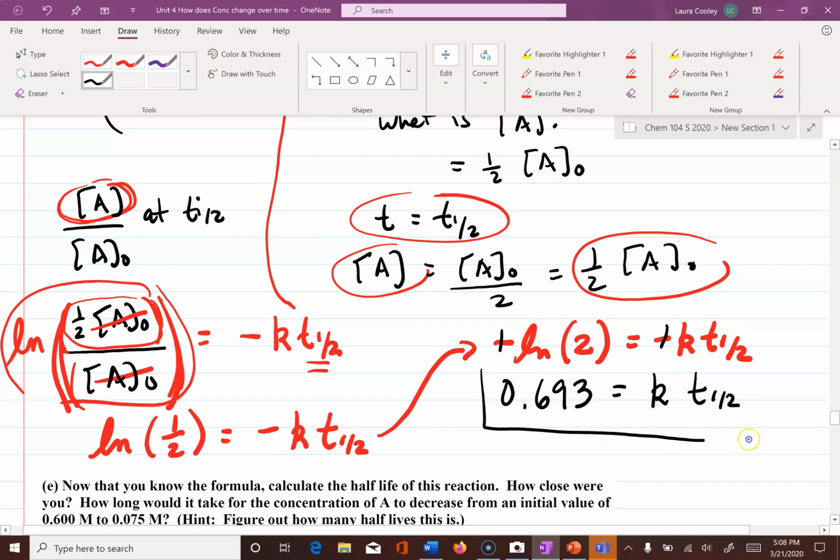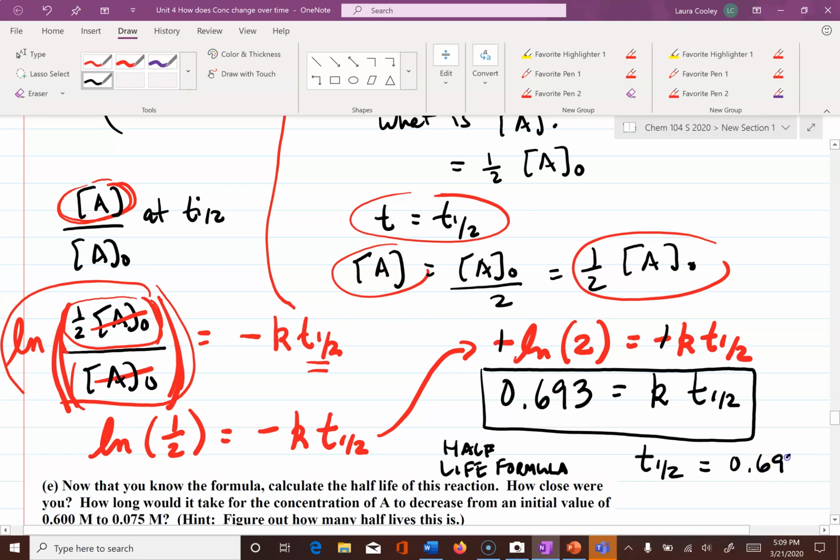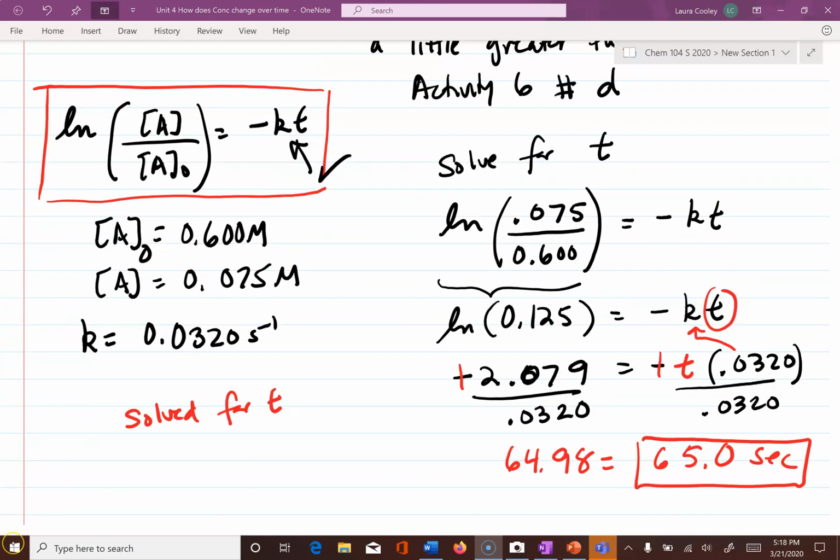So all of that messiness, which you can just forget now because you don't need to know it, boils down to this one formula. This is the half-life formula. Or you can write it this way: T1/2 equals 0.693 over k. I mean, what could be easier than that, right? Take a number, divide it by the rate constant. Let's get this right, where k is 0.03